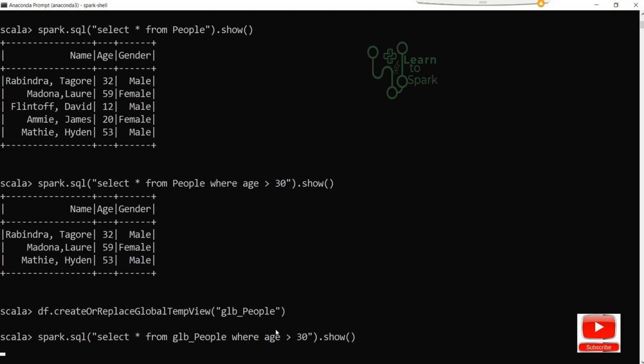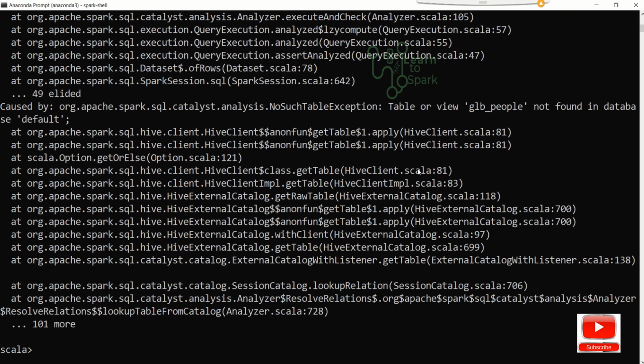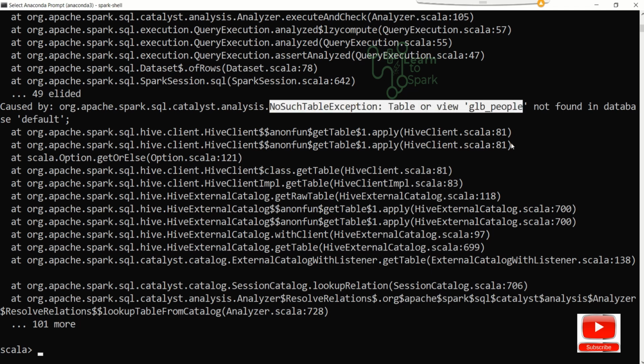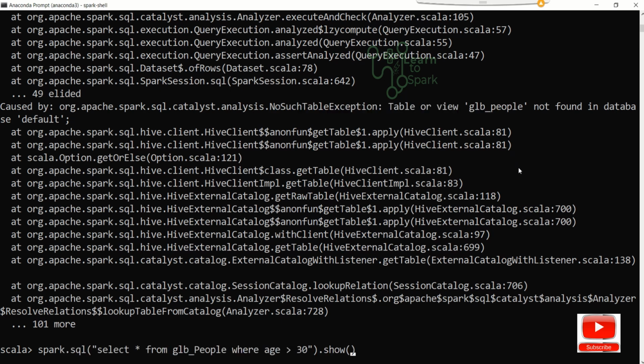It will throw error. We can see the error is no table or view for glb underscore people. Since the global view is not created in a default database, it is showing error.